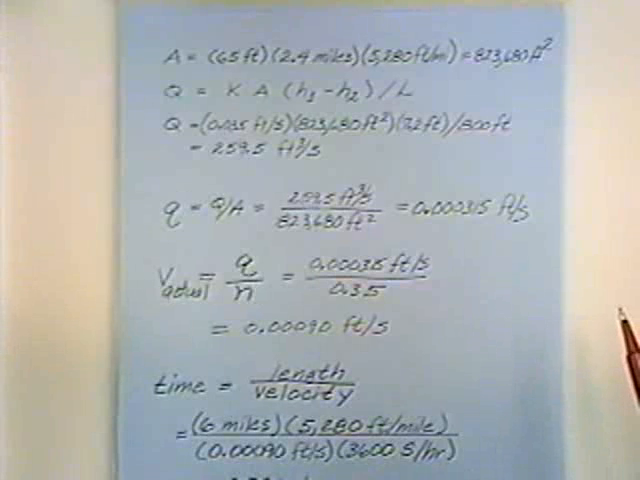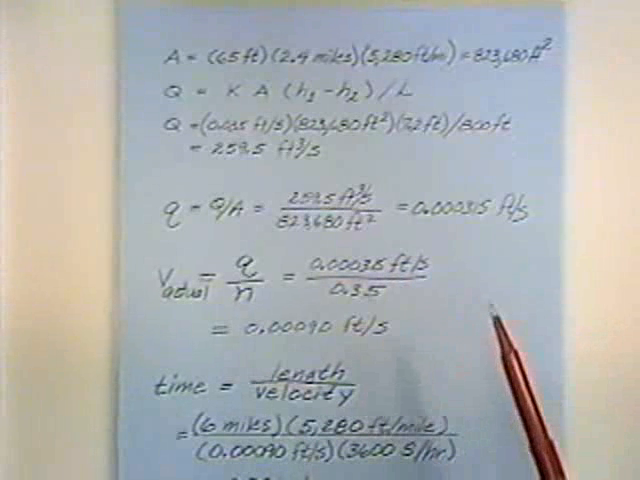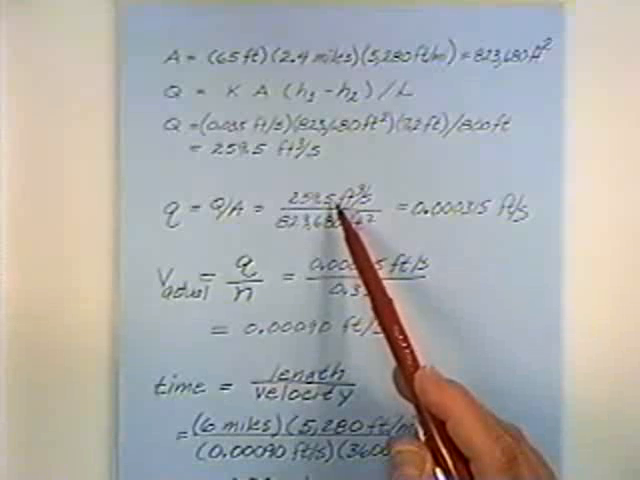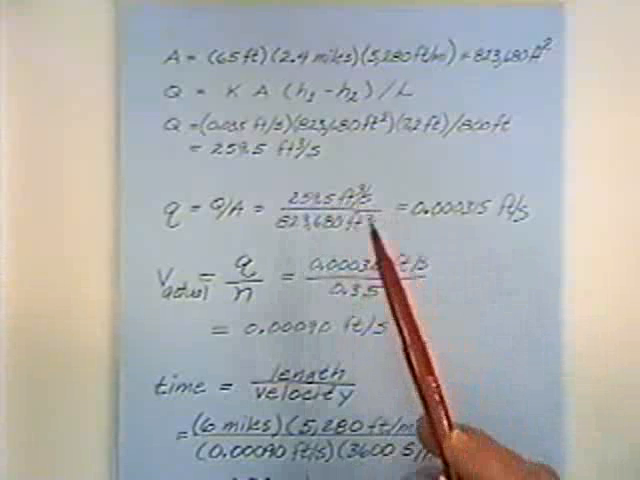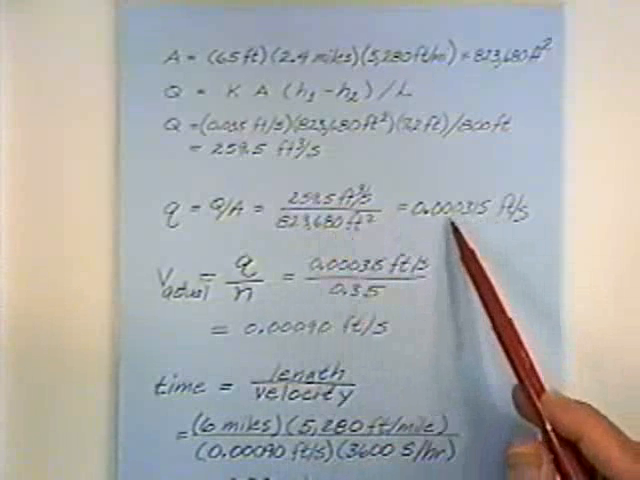Now the velocity of the water. The second part of the problem is how long does it take the water to travel the 6 miles that it's traveling between those 2 points. And so we take the total flow rate and divide it by the area. A velocity is a discharge divided by the area. We get